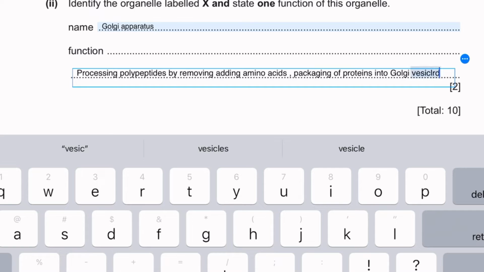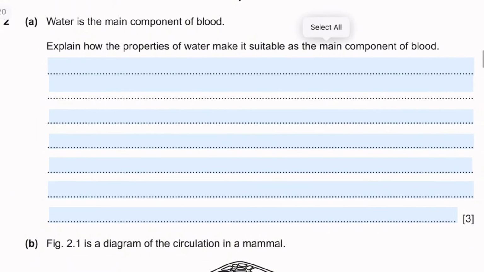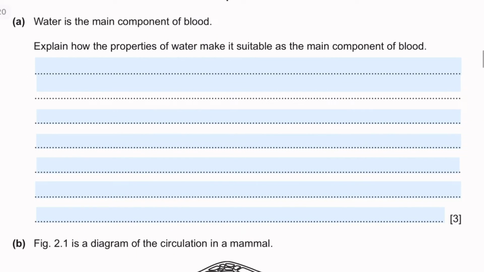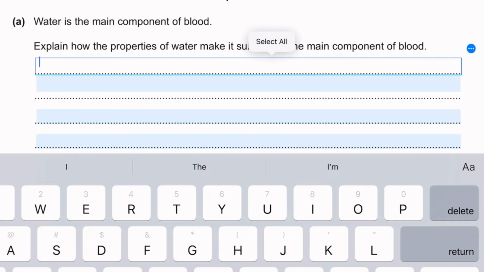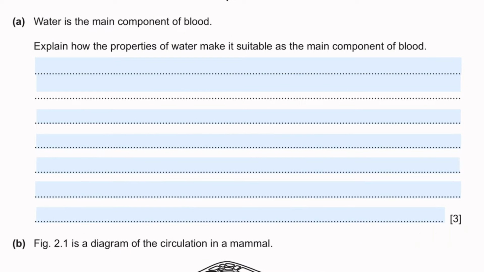Okay. Water is the main component of blood. Explain how the properties of water make it suitable as the main component of blood. Okay, so what are the main properties of water? So just think about water being a polar molecule, and therefore it is a solvent for polar molecules. Since it's a solvent, that means it's really important in transport,